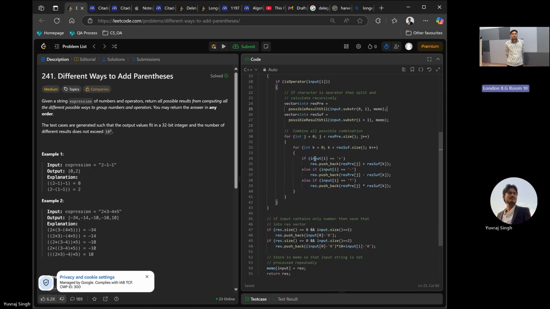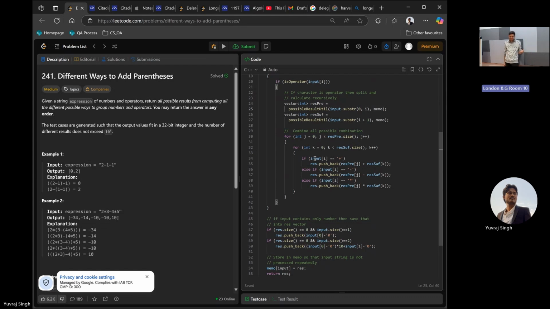Now, once we have the vectors for the prefix string and the suffix string, then, like I said, we are just going to apply whatever the symbol was in between, whether it's multiplication, addition, or subtraction, taking the elements one by one from the